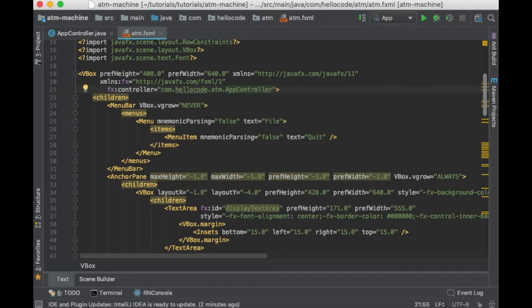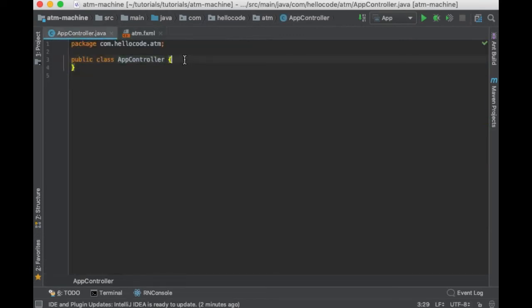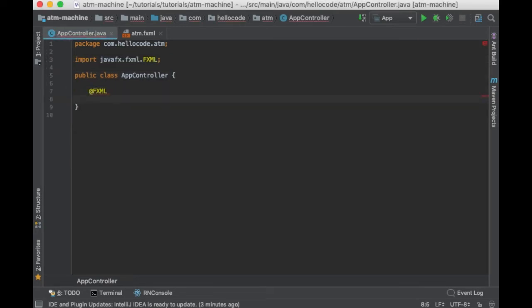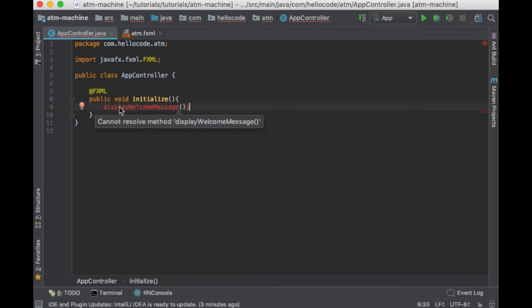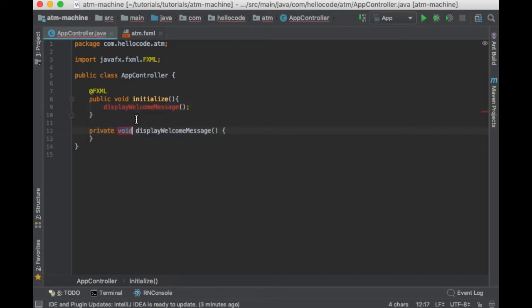Perfect. Now we said we want to display a message at the start to request the user to enter an account ID. To do that, I will go to the class AppController and add the initialize method. And this will get executed right after the interface is loaded. So in the initialize method, I'm gonna call the method displayWelcomeMessage. So I will create this method